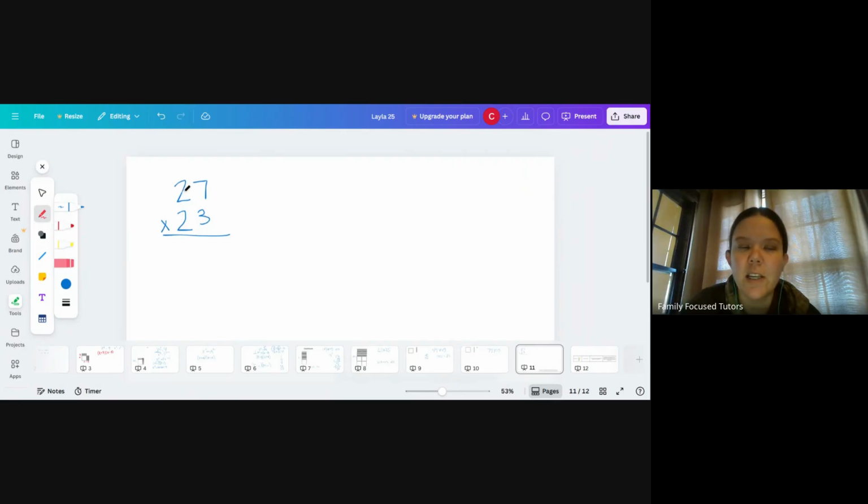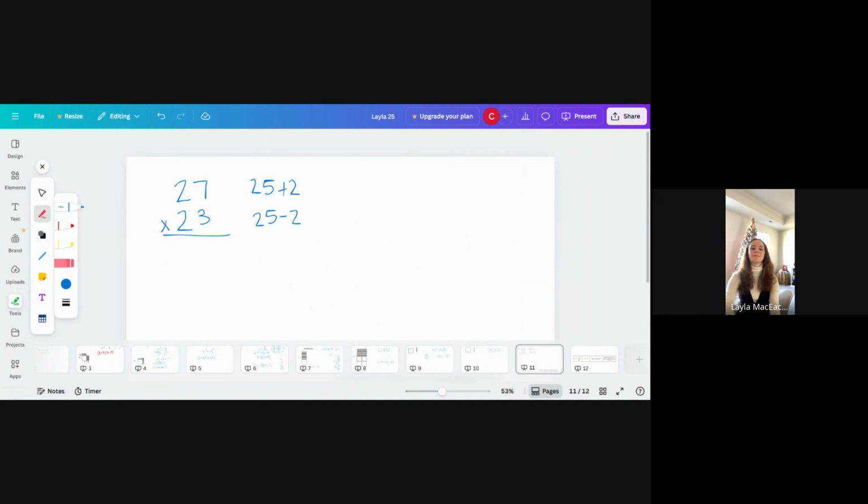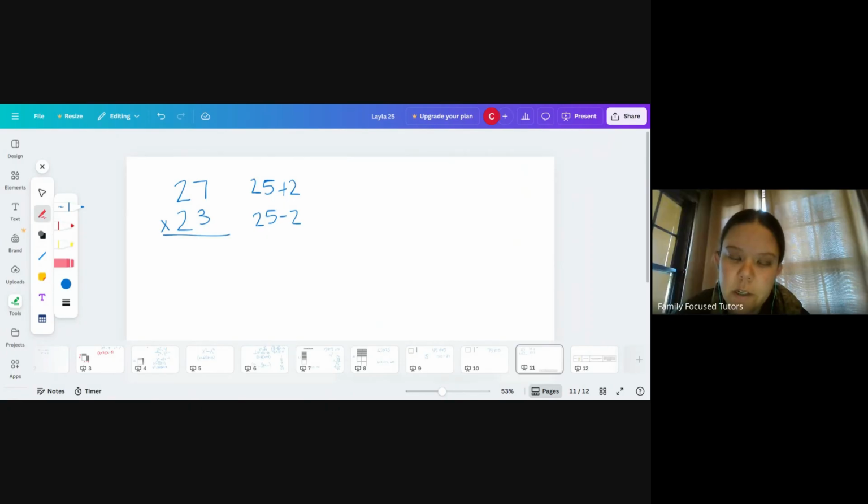So if I take 27, and I want to think of it in terms of 25, I can think of it as 25 plus 2, right? So 27 is 25 plus 2, okay? So if I look at 23 and I think of it in terms of 25, I can do 25 minus 2. That's 23. Oh, okay. It loops back around. Yeah, it does. So what we can do is now